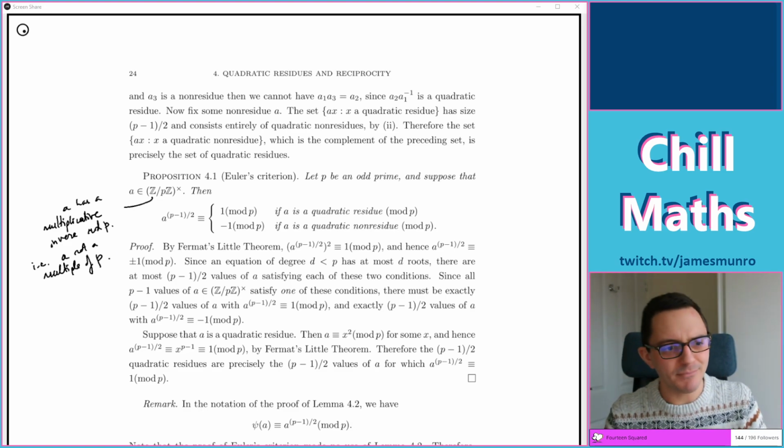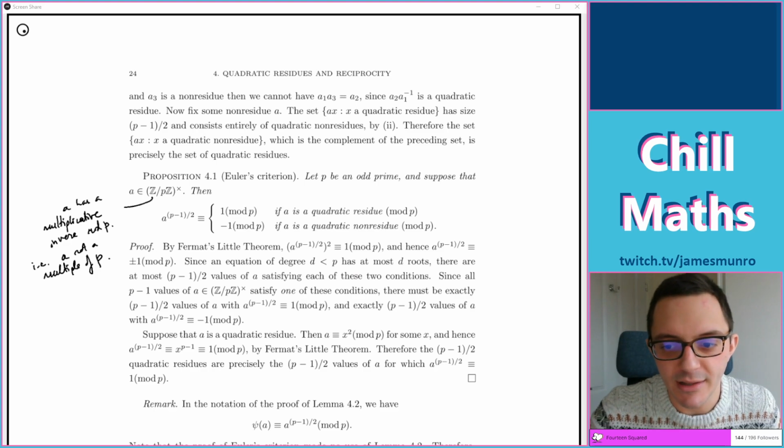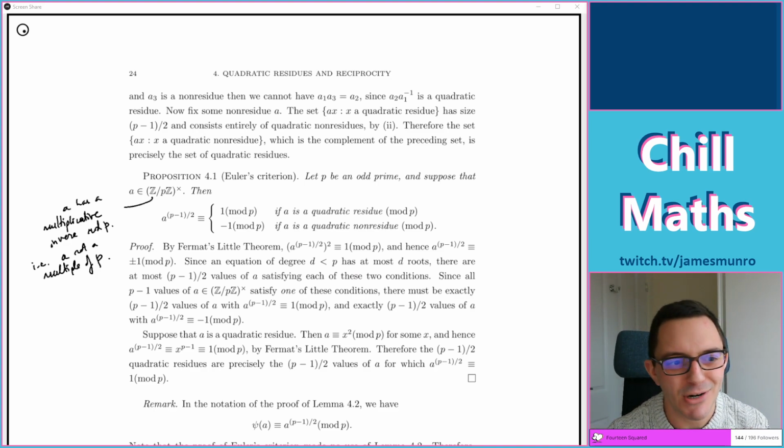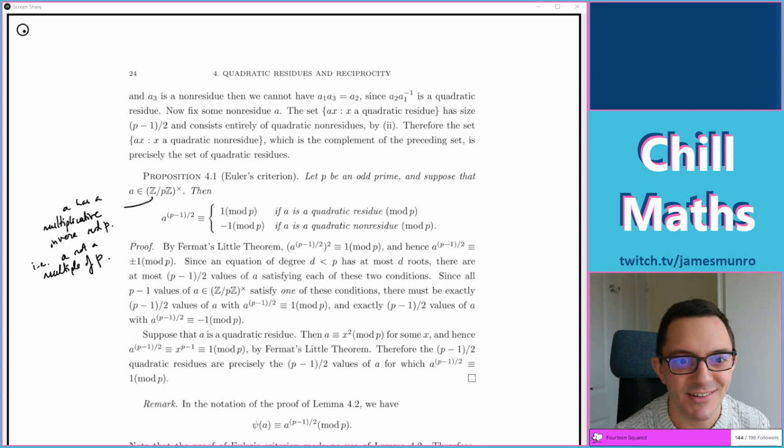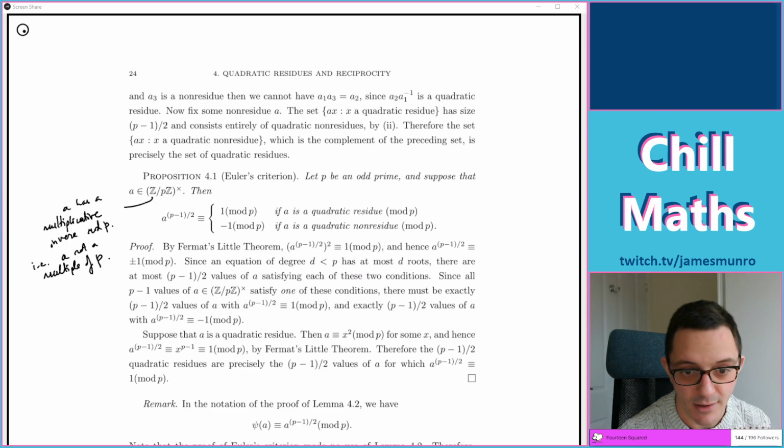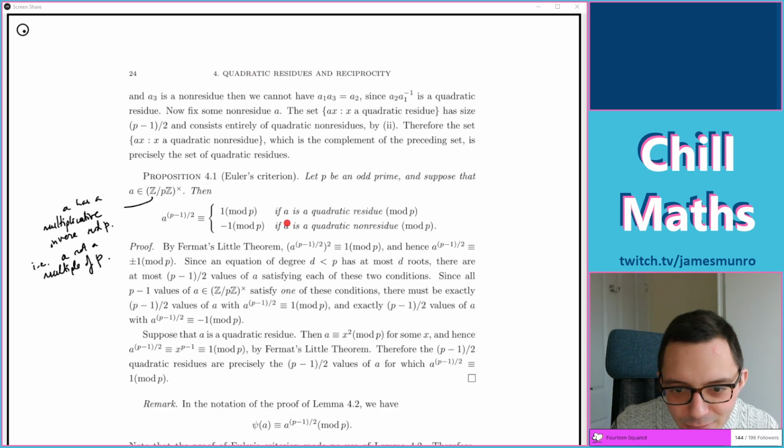Almost everything has a multiplicative inverse mod P, because P's prime, so you can do Bezout's lemma or something to work out inverses. Primes are good for doing modular arithmetic because things have inverses. The group of units is nice and large. It's got size p minus 1, everything except multiples of p. Right, okay. So if A is a quadratic residue, this is awkward, isn't it? This A is a variable and that A is a word. One of them looks slightly larger than the other. I hope that doesn't cause us any problems.